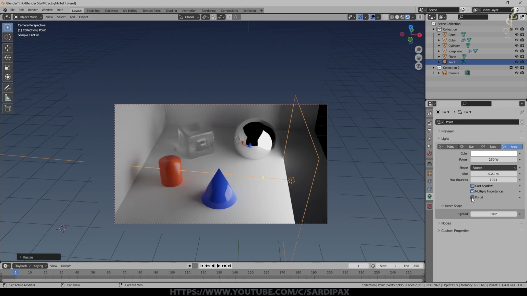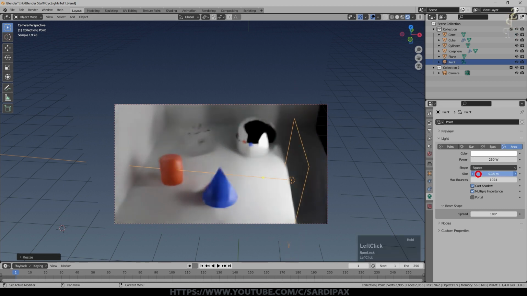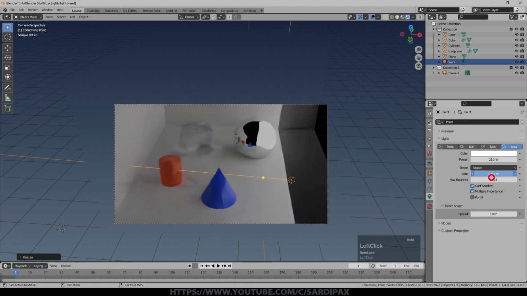I'll talk about this little click box in a moment. Most of the rest works very similarly to the spotlight, except size genuinely affects the size of the lamp that we've got. And I'll often use an area lamp for fill light. So you can see the shadows are very soft here. It is like there is a window just there with some light coming in at all angles through this portal and giving us a nice even illumination if that's what you want for that particular scene.